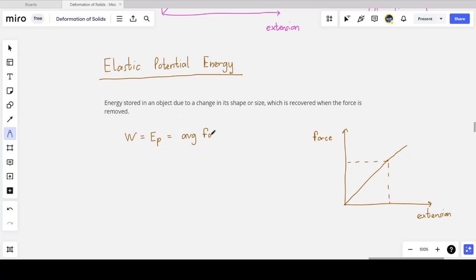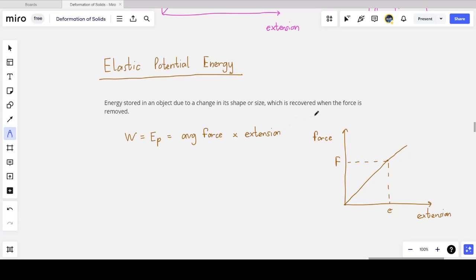I have to take the average force because the force is changing as we go from 0 to some extension E. I'll call the force F and the extension E, the point in question. And it's the average force multiplied by the extension. And we have to use the average force because the force is not constant. When we say work done, we say force times distance in the direction of the force, but that's for constant